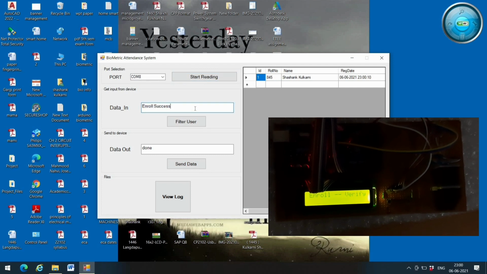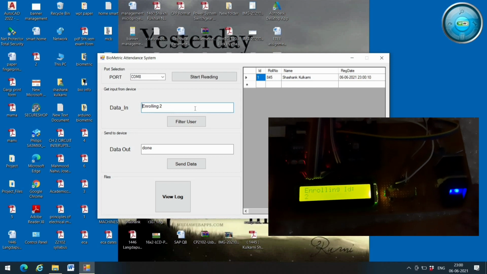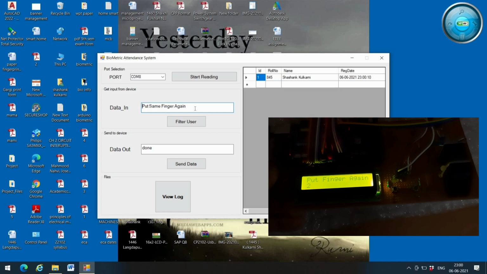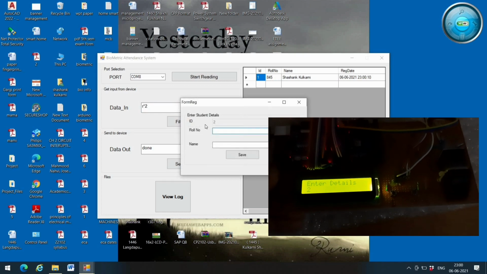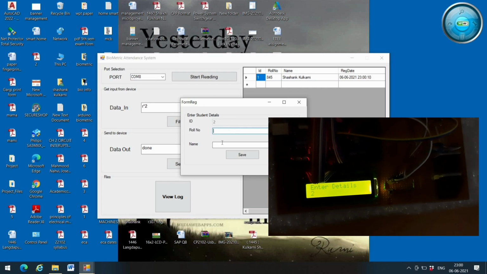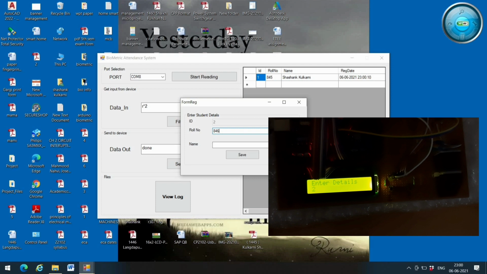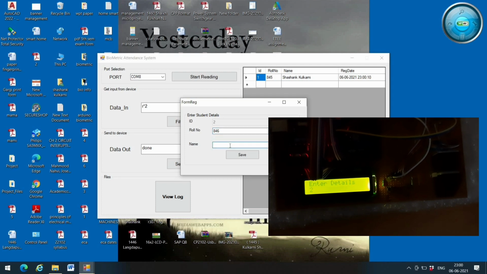Now we will register another candidate. Press enroll button. Remove finger, put same finger again. The dialog box opens. ID 2, roll number 846, Vinay Langdapure.